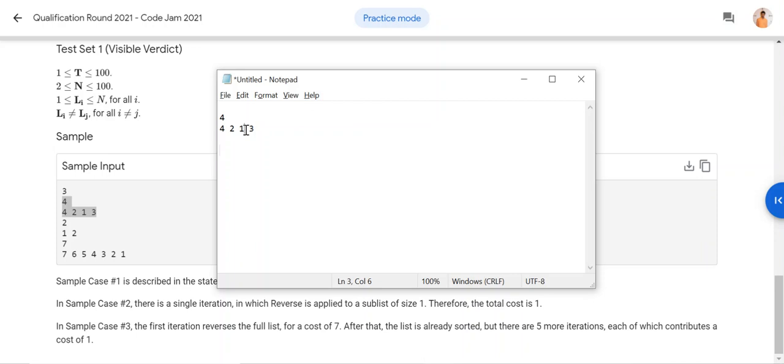Once you find the lowest, it will become 1 2 4 and then 3. So you have to reverse these 3 elements, 1 2 4. Then 2 is not doing anything. When it comes to 3, reverse these 2 again. At the end it will become 1 2 3 4. But anyway, while looping you have to go through every element.